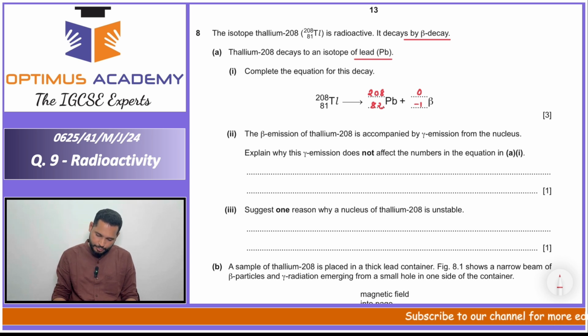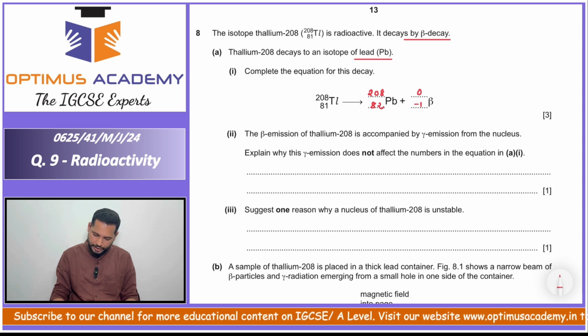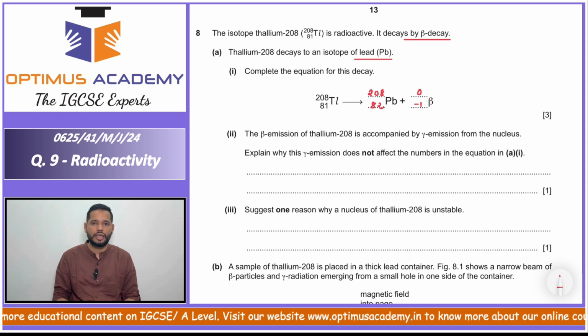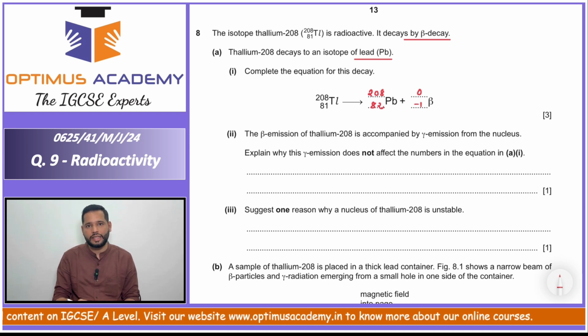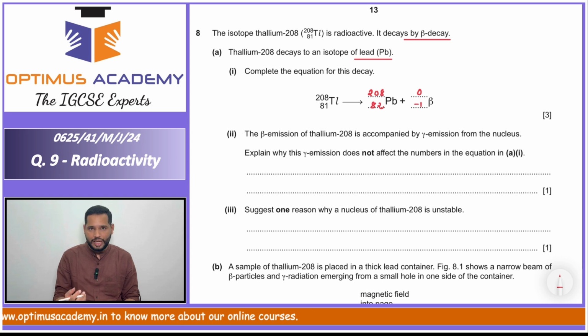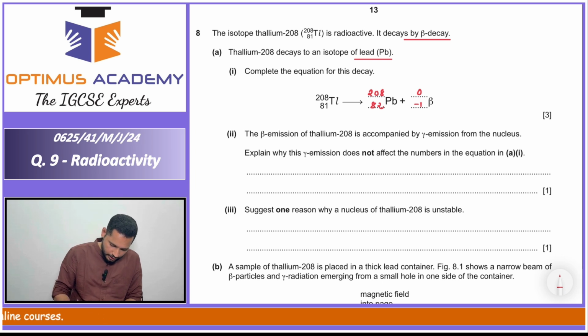The next question is, the beta emission of thallium is accompanied by gamma emission from the nucleus. Explain why this gamma emission does not affect the numbers in the equation in A1. So what do we know about gamma radiations? Gamma radiations are just an energy transfer, so you can say a release of energy. With gamma radiations, no protons or neutrons leave the nucleus, and that is why whenever gamma radiations are emitted by a radioactive sample, we don't see any change in the proton number or mass number. So we can write gamma radiations